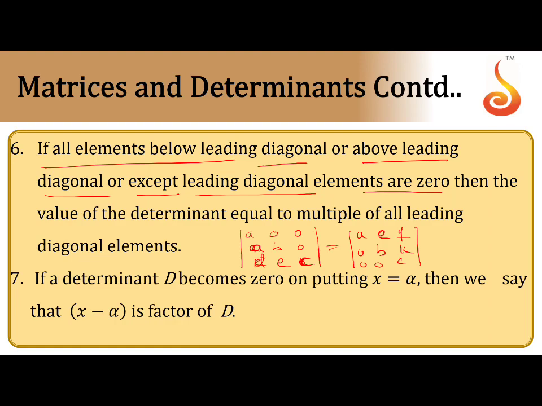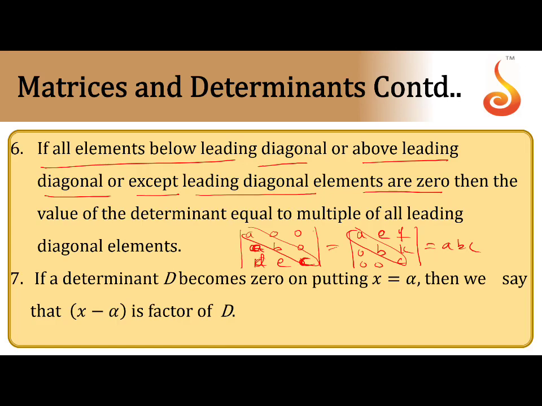Now both the cases, what here? It is called lower triangular matrix. This is called upper triangular matrix. The value of determinant is ABC. What are the elements there? The value of determinant is ABC. You can take it. That means this product is nothing but the value of determinant only, irrespective of other elements.